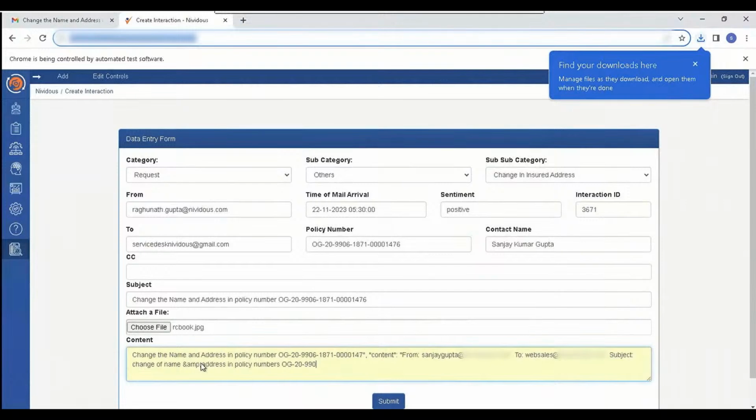What this is showing is that the bot has categorized this email, and it has a category of request. Its subcategory is others. And for lack of a better term, its subcategory is change in insured address. So again, this is manual activity that the bot is able to do in and of itself, alleviating somebody of this responsibility.